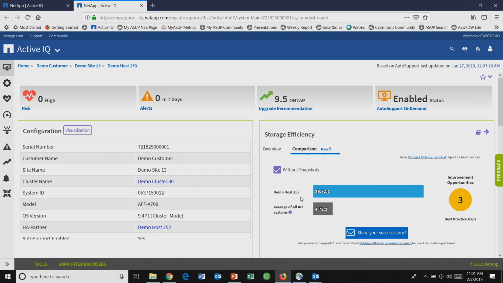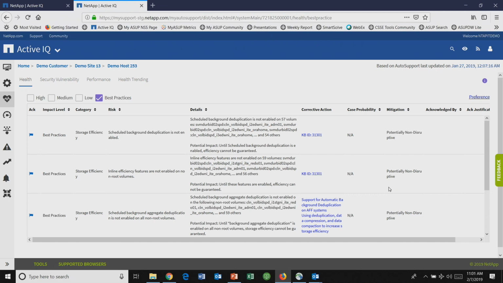So she can see that this particular controller is running way above the normal efficiency ratio that NetApp has gathered from similar kinds of controllers. It's almost 6 to 7 times. But at the same time, she's also seeing some improvement opportunities. Even though the controller is running at a very high efficiency ratio, she has 3 improvement opportunities that she could potentially focus on. So she quickly clicks those, and she can now drill into the specific opportunities associated with this